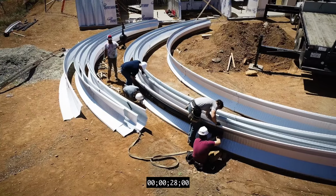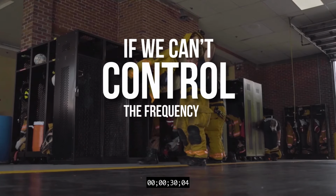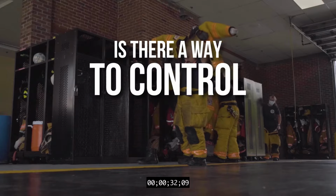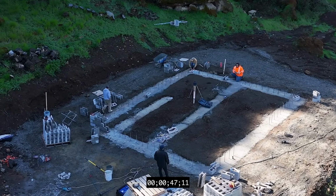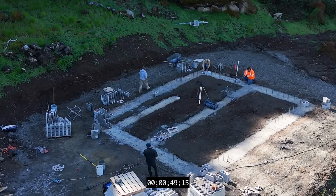This raises the question, if we can't control the frequency of wildfires, is there a way to control what these flames consume? There is a way to save homes. One way of preventing catastrophic loss during a wildfire is to have built your house from different materials than we currently build with. One of the things that Design Horizons has done to kind of change the way that we